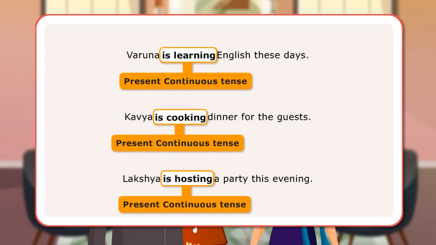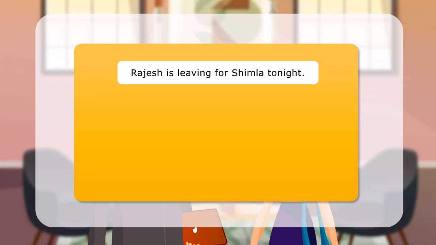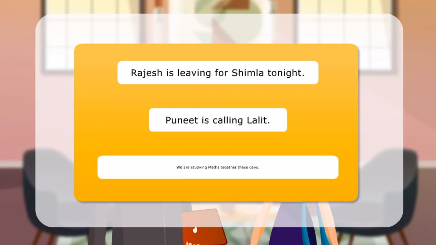Here are a few examples of sentences with verbs in present continuous tense. Rajesh is leaving for Shimla tonight. Puneet is calling Lalit. We are studying